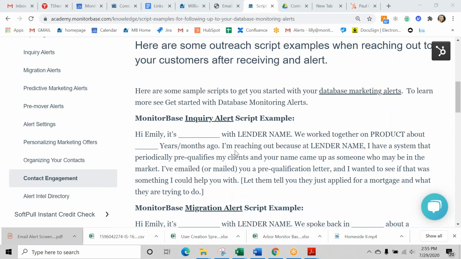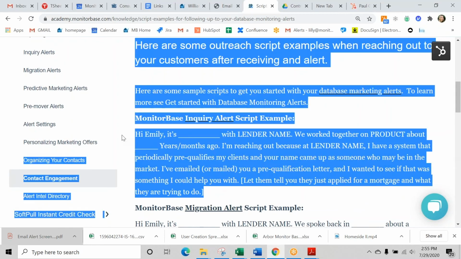So this script just tends to work well because you're reminding them of that personal relationship you have with them. You're also explaining why they are receiving that offer. The offer is completely valid on its own, but having that personal touch where you're also mentioning the offer can pique their interest and remind them of it and almost validate it a little bit more, so they're paying a little bit more attention.